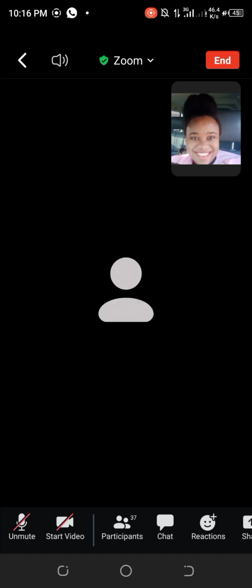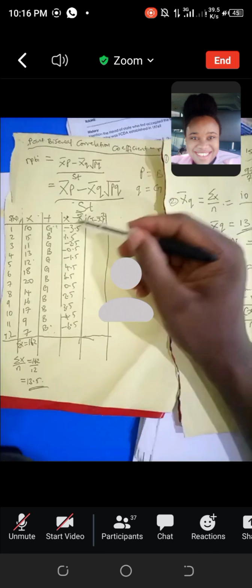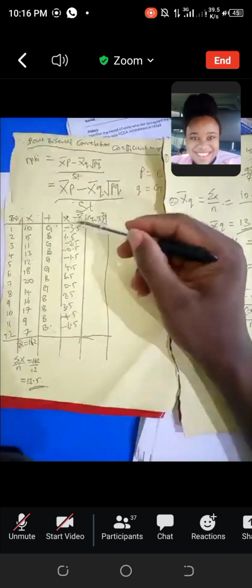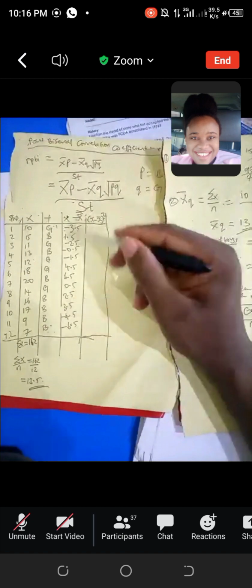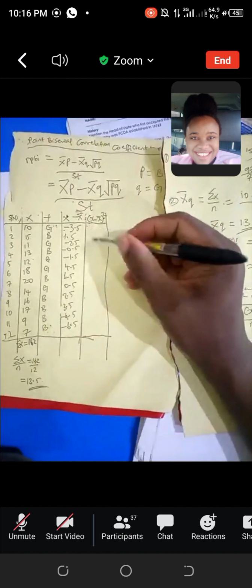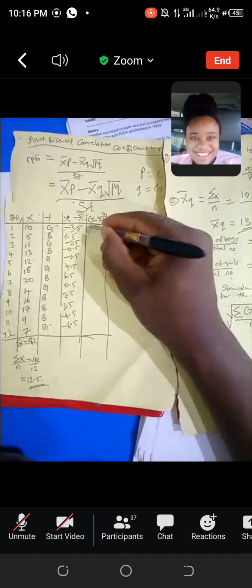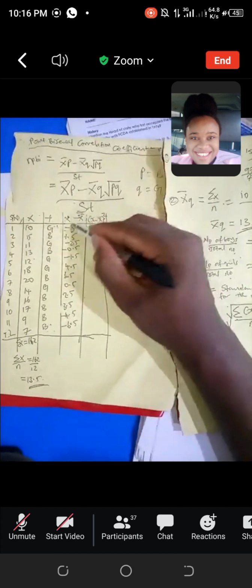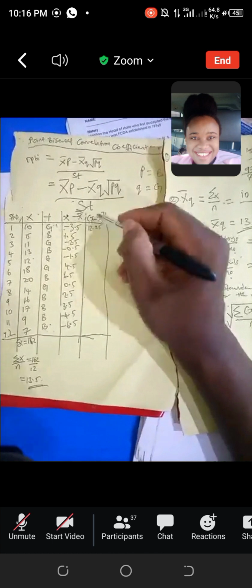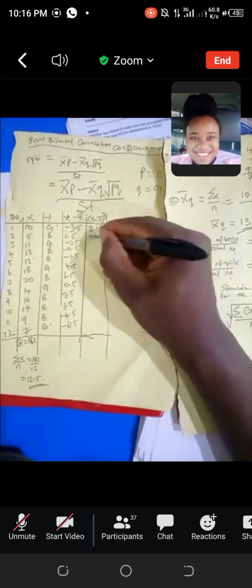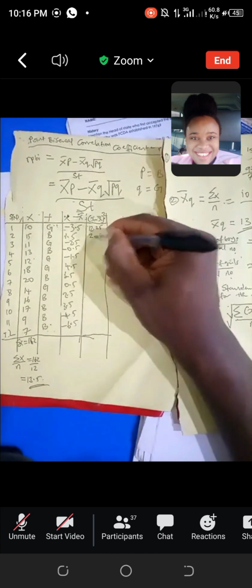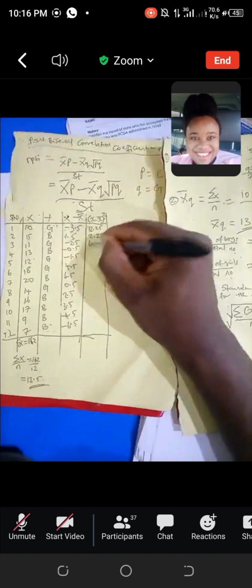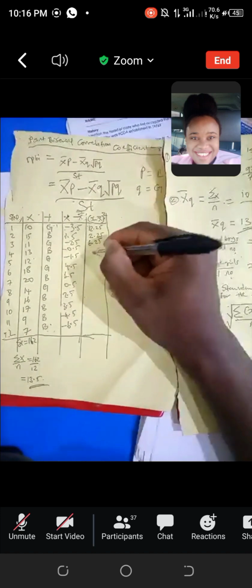Yes. So after that, we now square. We square all these values. When we square them, we'll get the following values: 12.25. That's minus 3.5 squared. When you use your calculator, you get each of these values: 2.25, 6.25, 0.25,